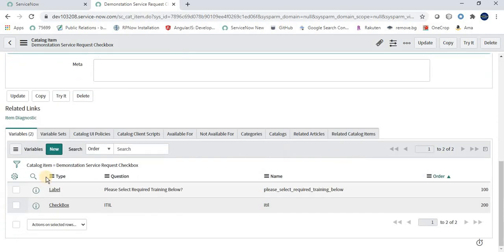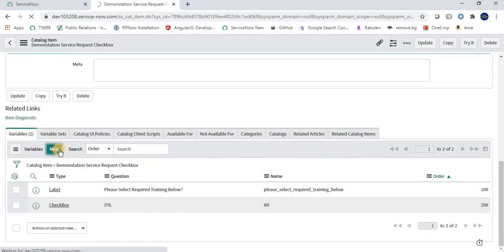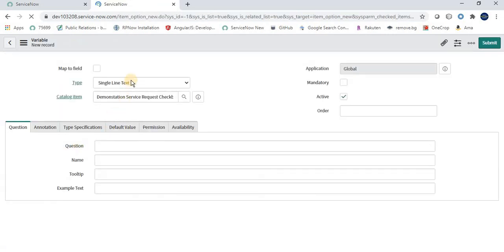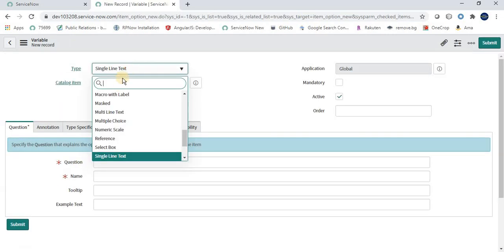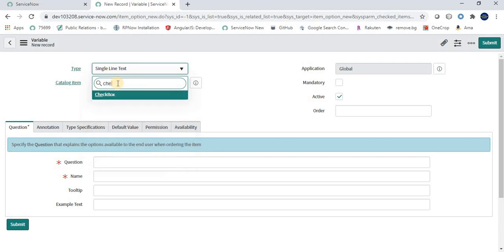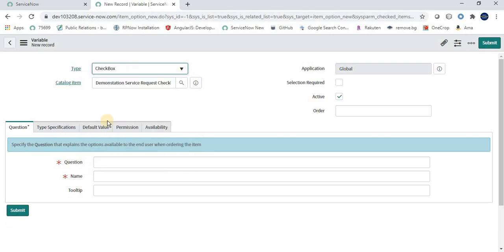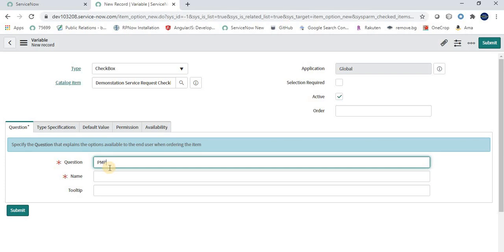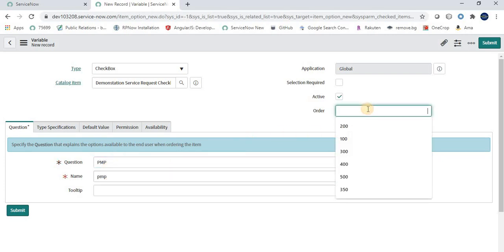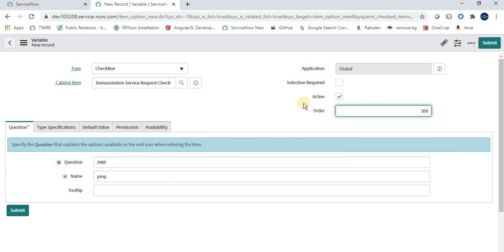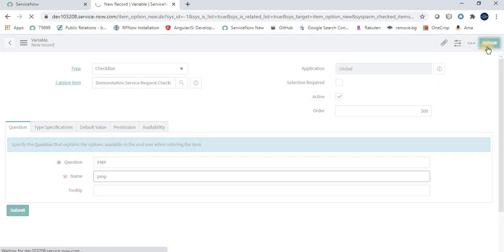Then I am selecting another option as checkbox. Let's say PMP. Here I am giving the execution order as 300. Click on submit.